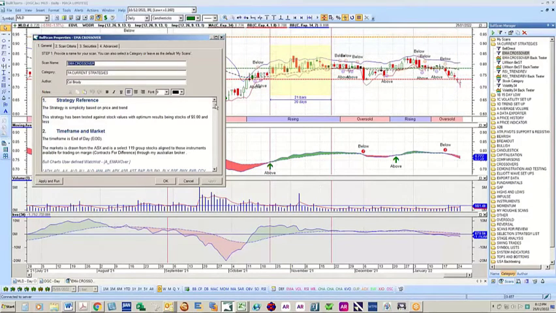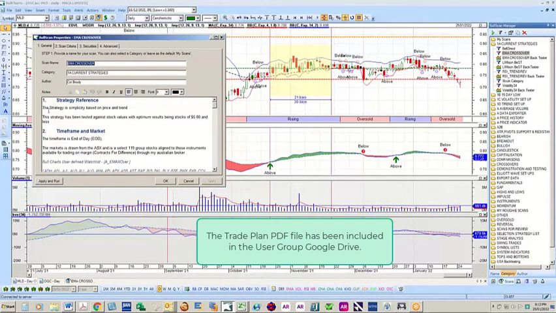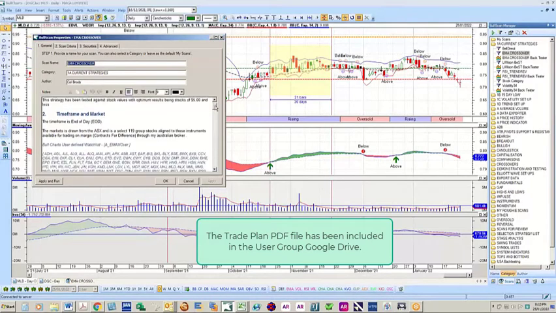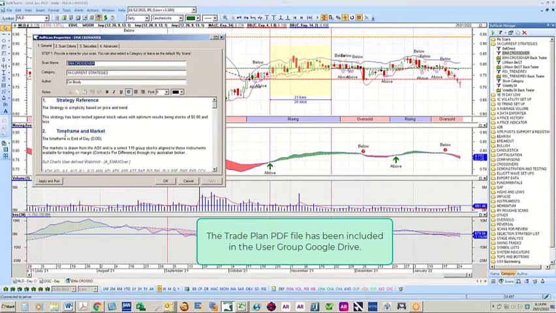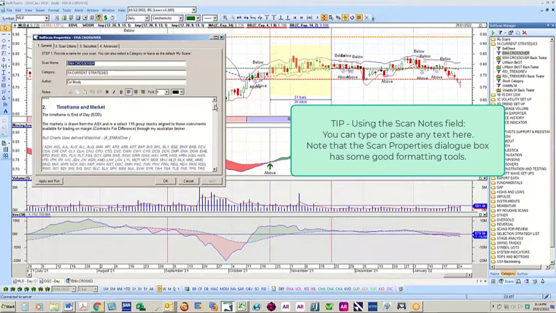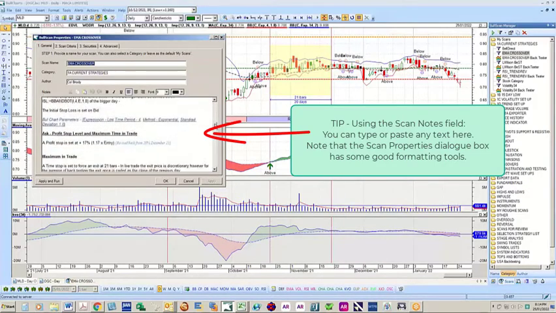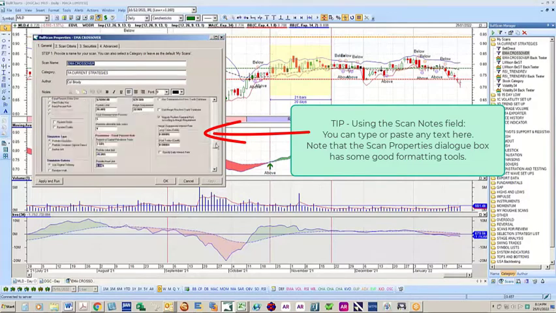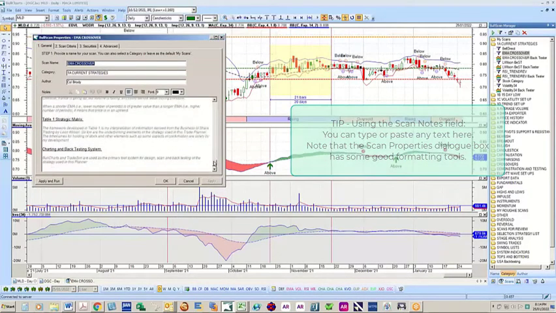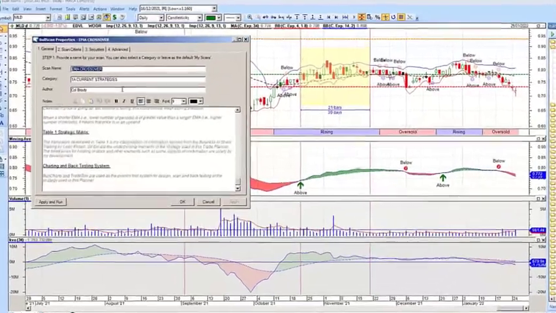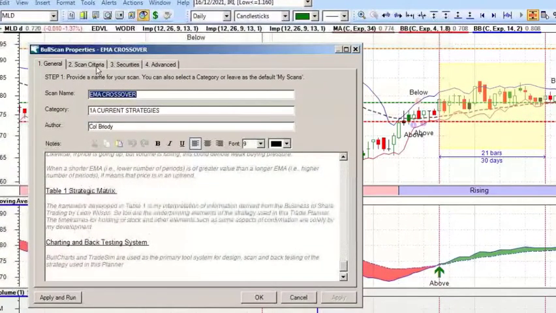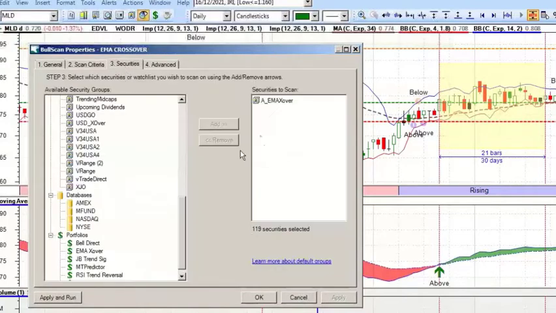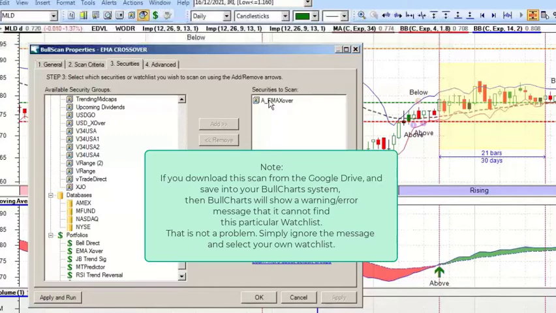The other thing too here is the trade plan that we sent out. Initially, when I wrote the trade plan, I wrote it in here, not with the same sort of formatting. So you could actually write your trade plan in this general section if you wanted to, and I found that fairly helpful. However, I prefer to have it as a separate standalone, but this can be used for whatever notes. The screen criteria we've been through. Securities: again, you'll see in my trade plan the watch list I'm using to run this off, just the name I've given it.